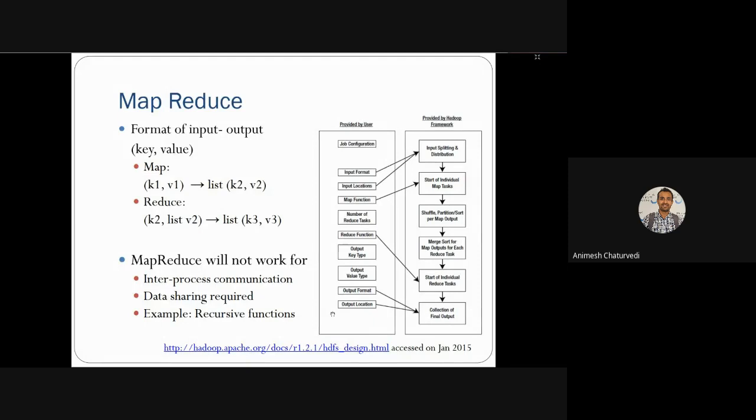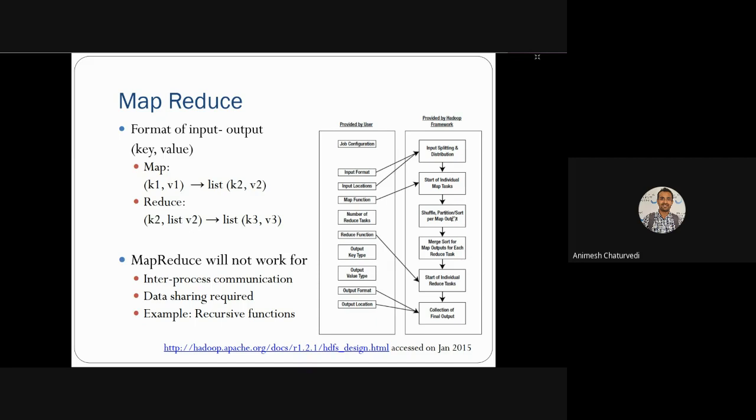So what you need to code is the job configuration, meaning which machines you want to involve, this data, and the number of iterations you want to do, whatever the job configuration depends on. Then the second step is the input format, meaning is it text, is it image, binary. You need to think about what the input format is and which ones are allowed by Hadoop.